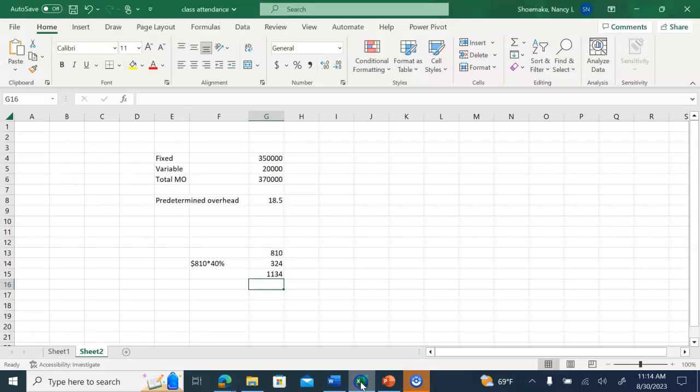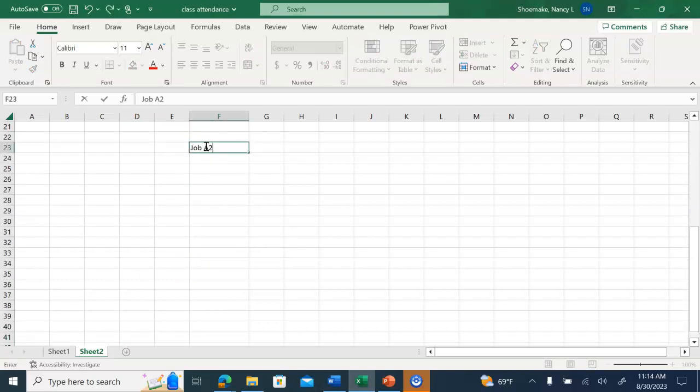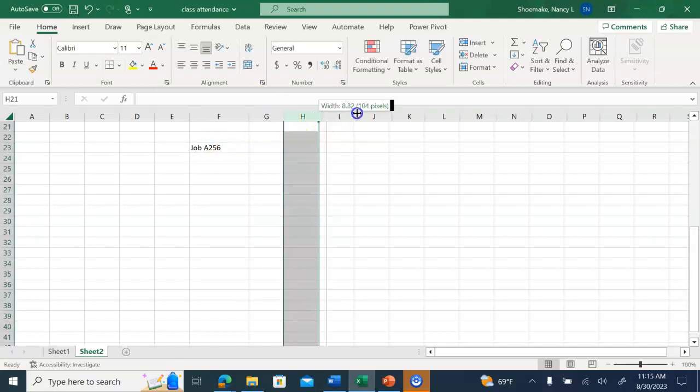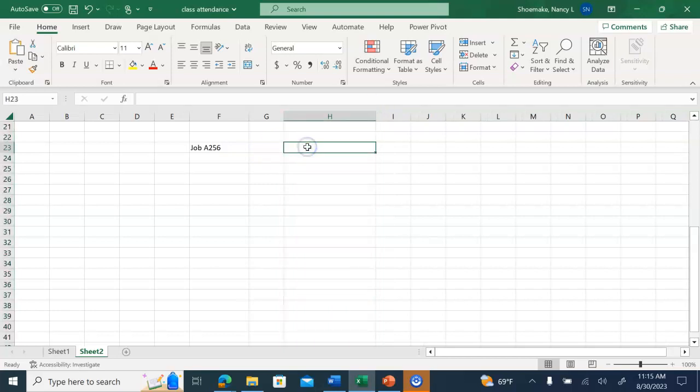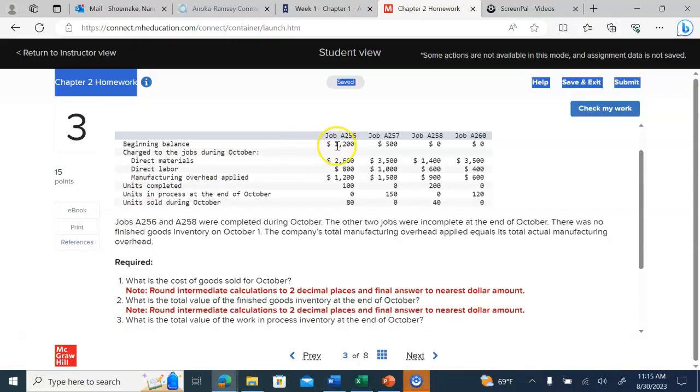So job A256, let me start that first, and then we will work on job A258. Now job A256 tells us the beginning balance was $1,200, and we're going to apply direct materials, direct labor,